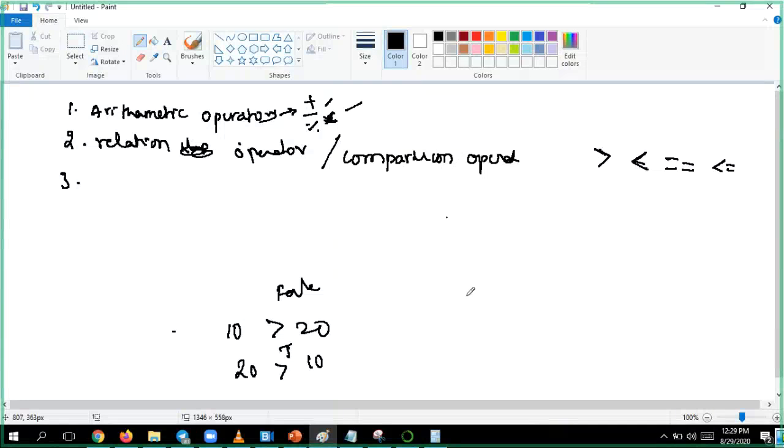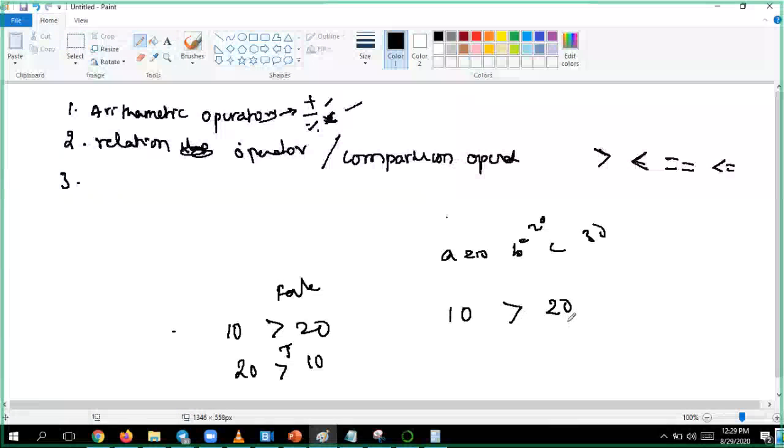If I have three variables A, B, C, for example A might be 10, B might be 20, C might be 30. Now what I'll say is, 10, which is A, greater than B, which is 20. Is 10 greater than 20?